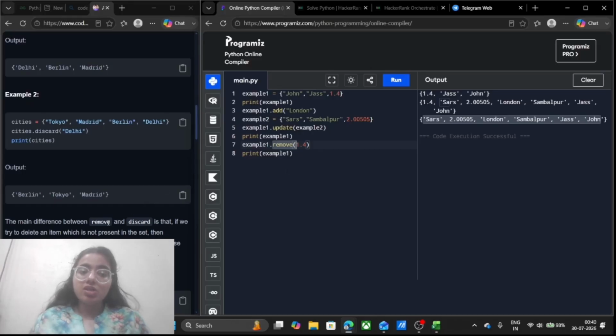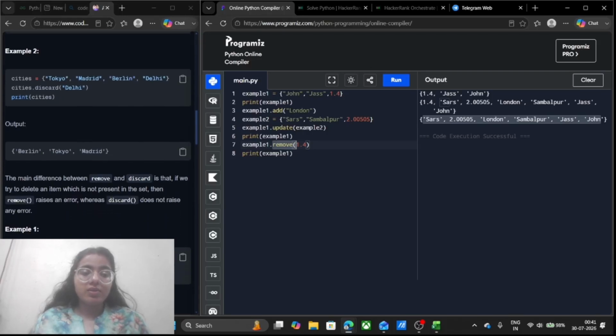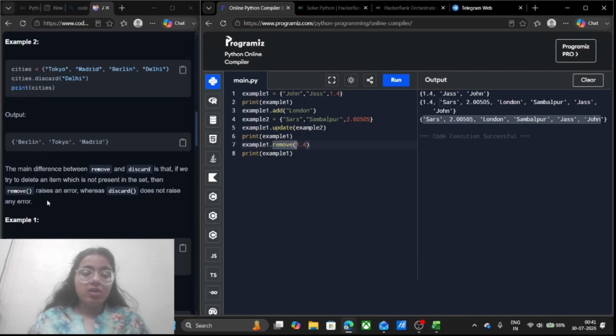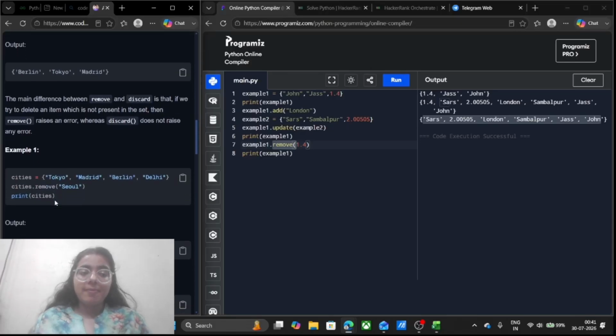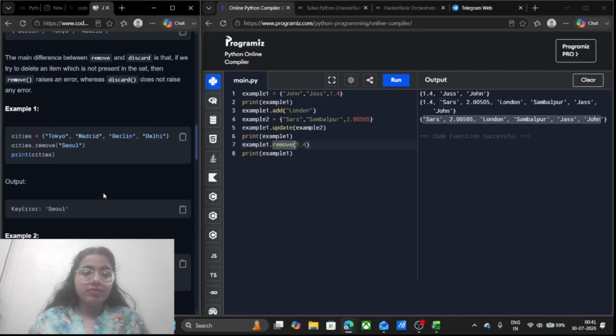The difference between discard and remove is that if we try to delete an item which is not present in the set, then remove raises an error, whereas discard does not raise any error. I hope you are getting my point. You can read this from here also. And in order to get more clarity, you can also try to run the code yourself. The more you code and run yourself, the more you are going to learn. Moving forward,